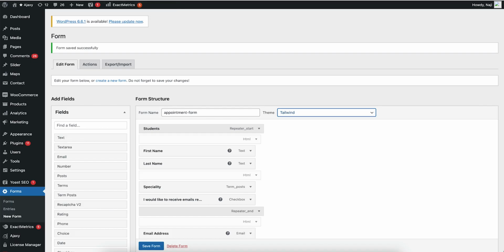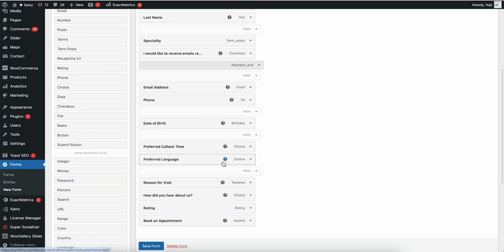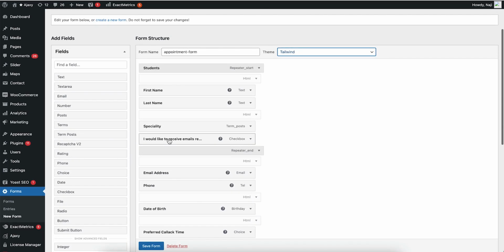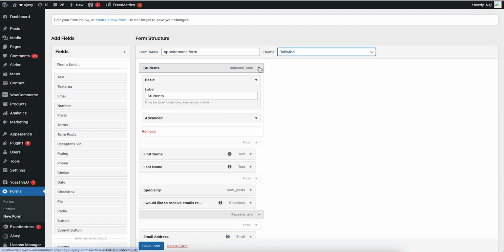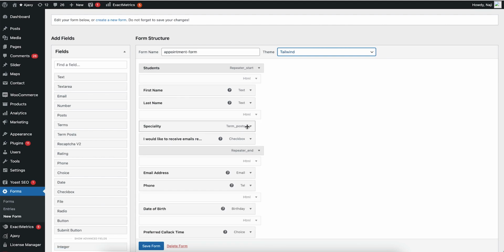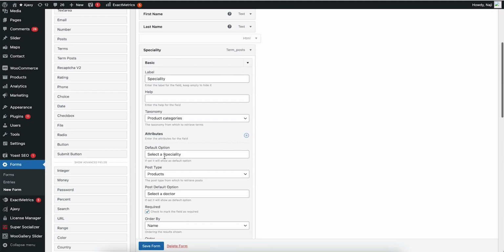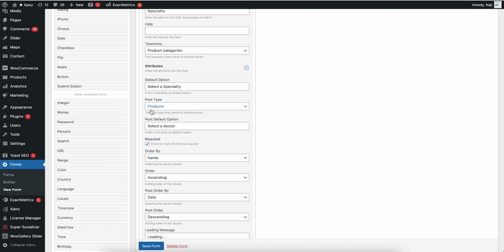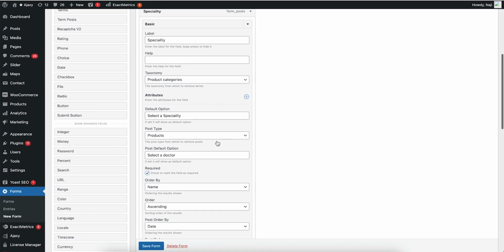In the backend, we have the form itself. Drag and drop. You can add any field here. You have the repeater field, okay, name. You have repeater end. It's important to have start and end, and it will repeat all the fields inline with no configuration. So for the specialty field, you can select which taxonomy, options, and the post type that's related to that taxonomy,